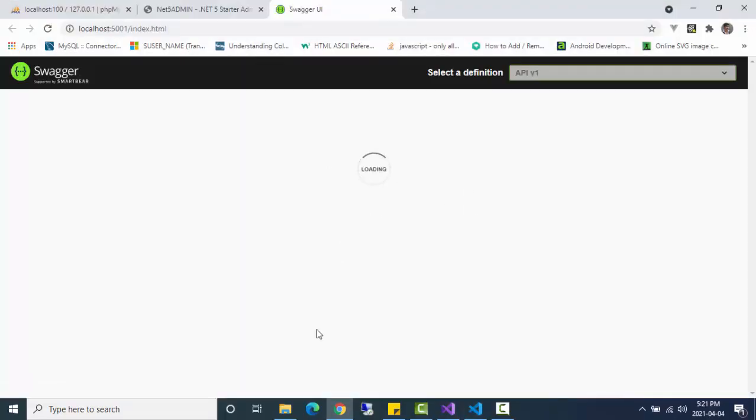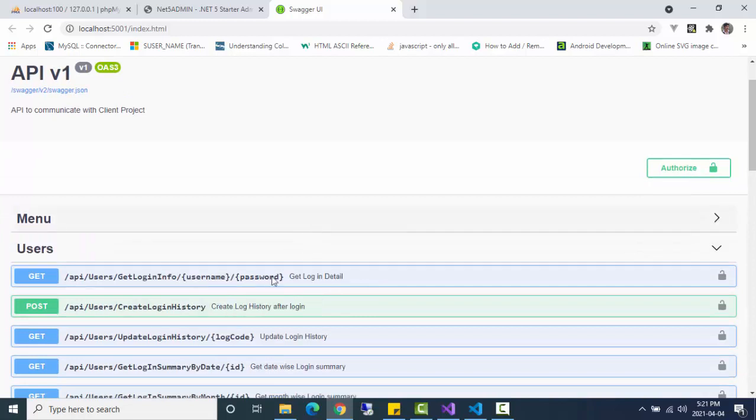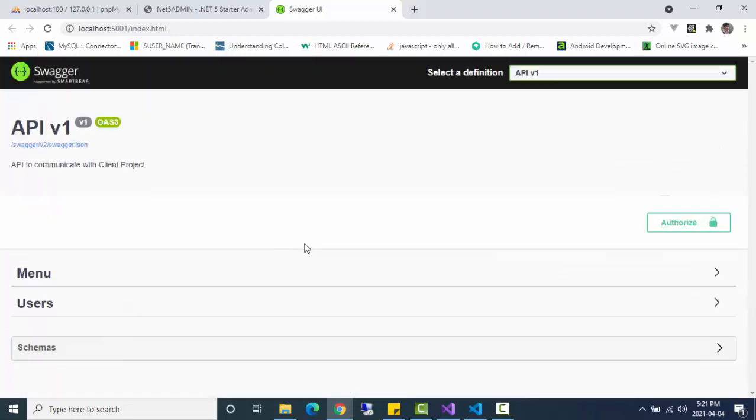So I'd like to go here, and this is Swagger documentation. So this is a completely separate project. You will have to link this API to the client. So